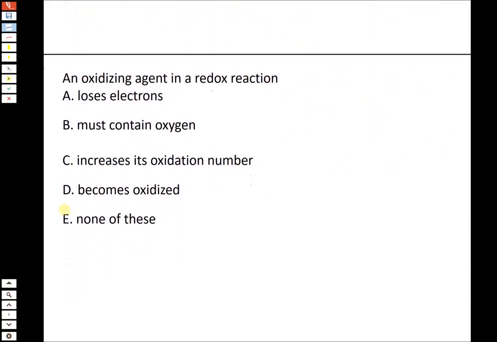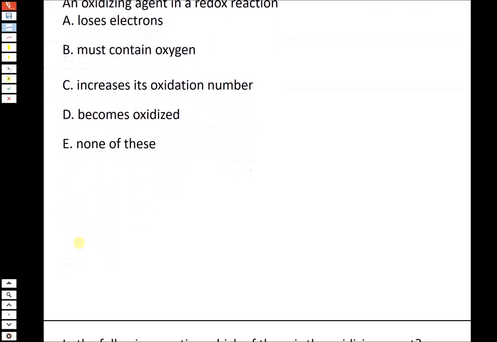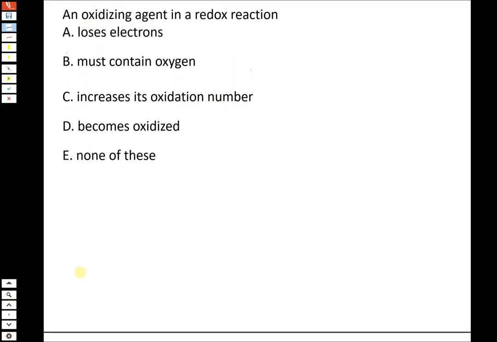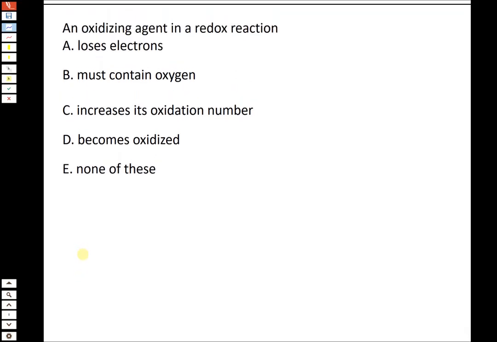Now the rest of these deal with redox equations, a couple that are more conceptual and then one that does involve balancing. So an oxidizing agent in a redox reaction does what? So the terminology here is, again, a little bit strange, but we just have to remember that oxidizing agent is the species that does the oxidizing, which means itself is being reduced. So there's basically a few things for oxidizing agent. It's the one that gets reduced,